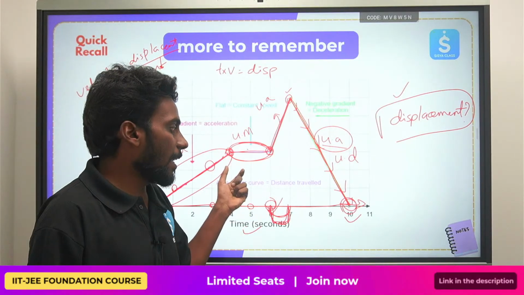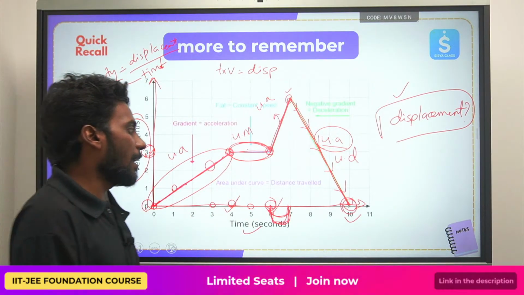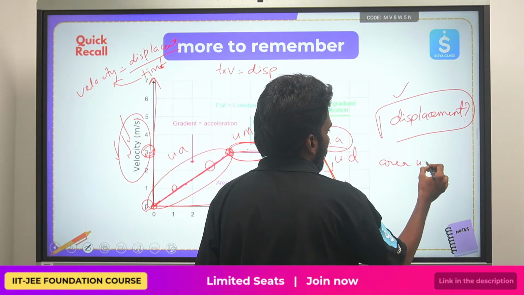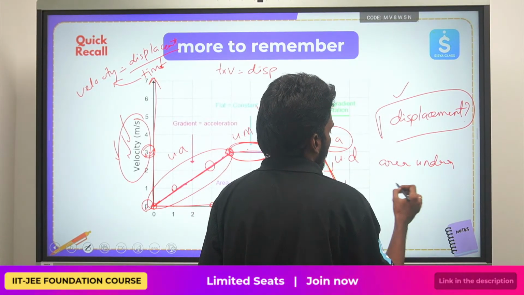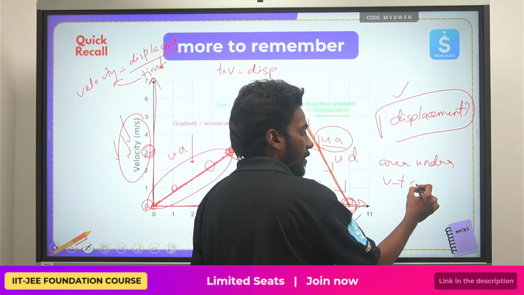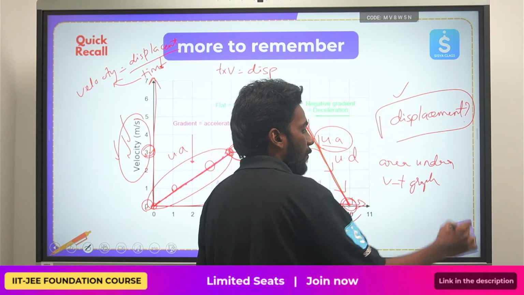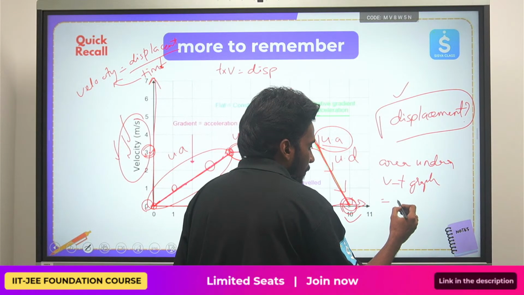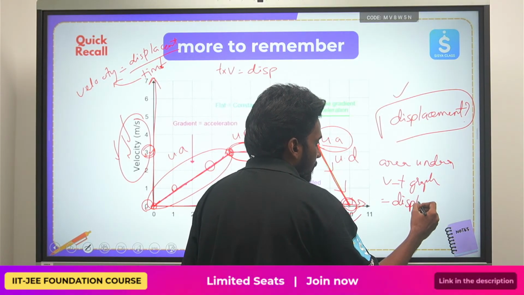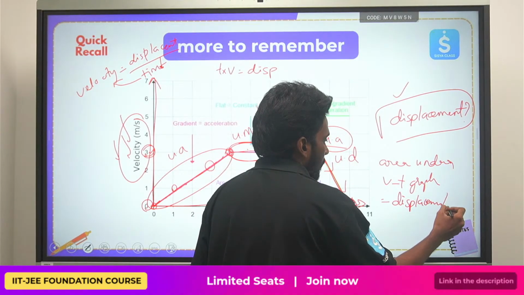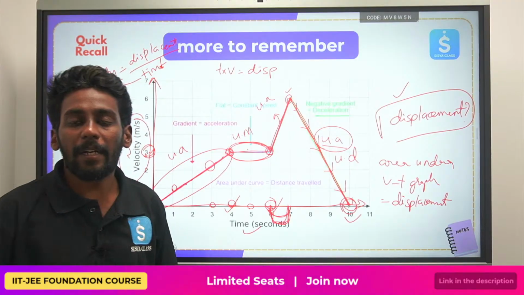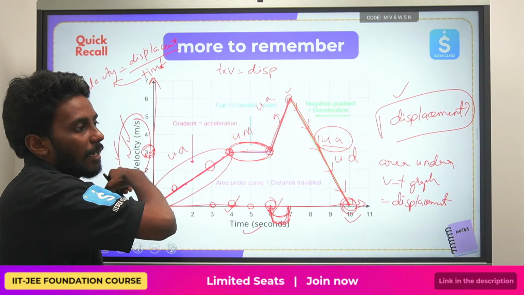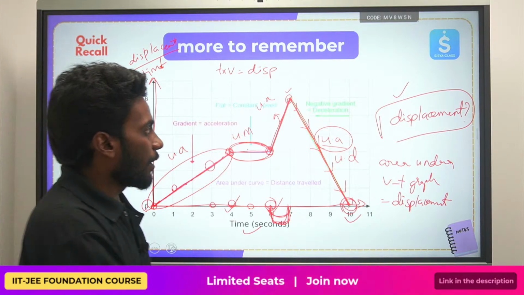So the area under the velocity time graph gives what? Area under the velocity time graph gives displacement. So if I want displacement, I need to find the area of the velocity time graph. Got it? So next,